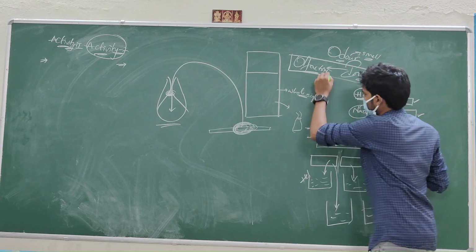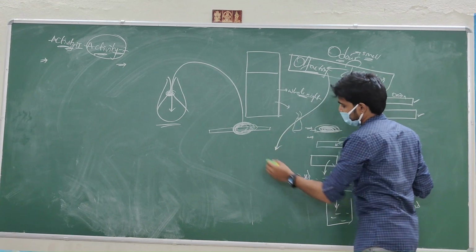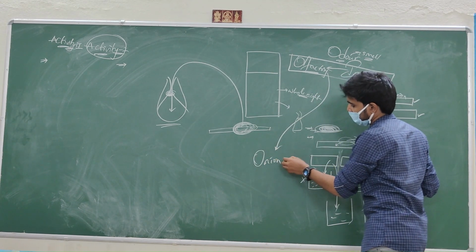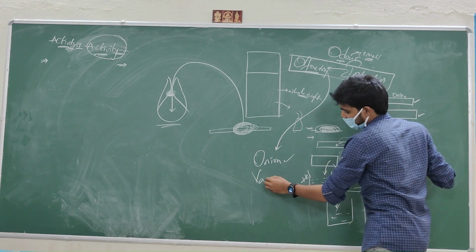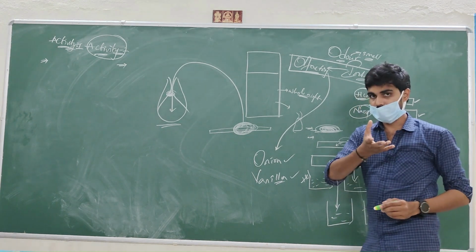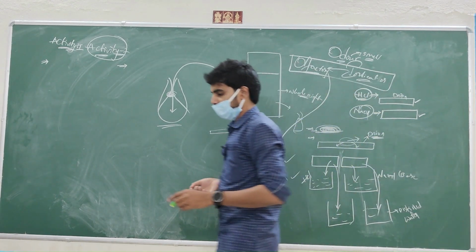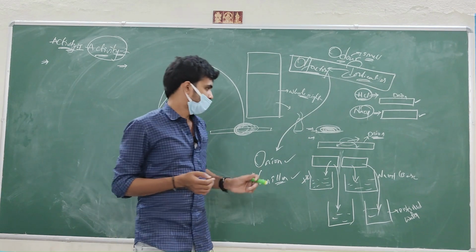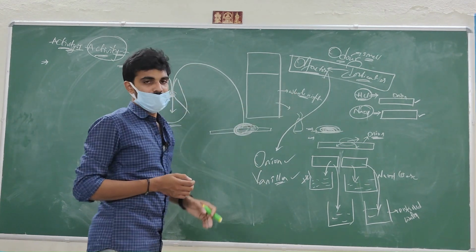So coming to the olfactory indicators, we have different kinds of olfactory indicators. Onion is one of the olfactory indicators. Vanilla, you know about vanilla essence, right? In this case vanilla is also one of the olfactory indicators. So we'll deal with lots and lots more in the upcoming